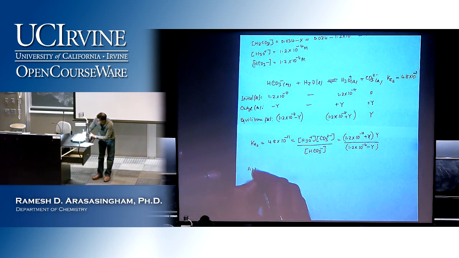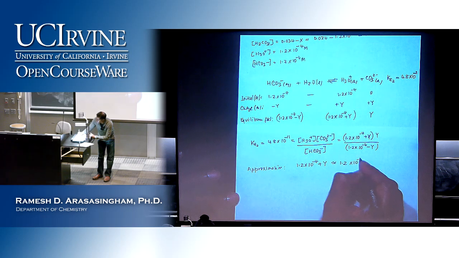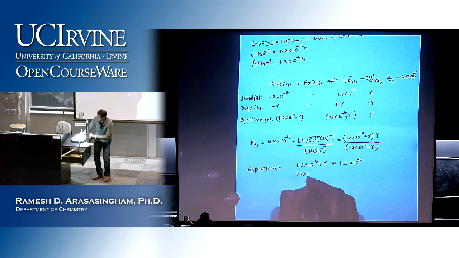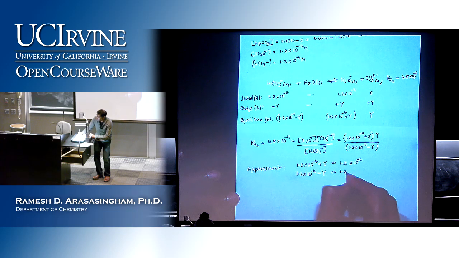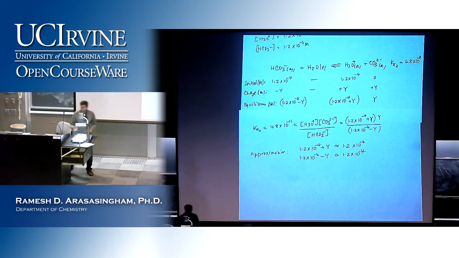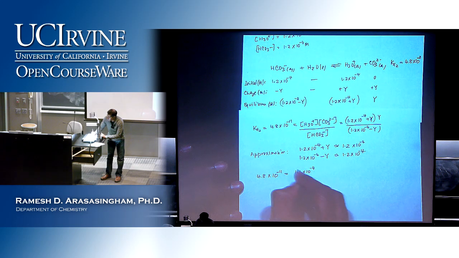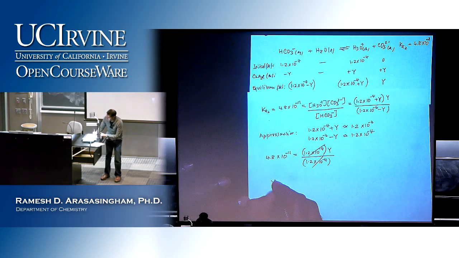So if I make the approximation that 1.2 times 10 to the negative 4 plus Y would approximate to 1.2 times 10 to the negative 4, and 1.2 times 10 to the negative 4 minus Y would approximate to 1.2 times 10 to the negative 4, all right? And once you make this approximation, I can say that 4.8 times 10 to the negative 11 equals 1.2 times 10 to the negative 4 times Y divided by 1.2 times 10 to the negative 4. And you can see both of those cancel out. So Y gives me 4.8 times 10 to the negative 11